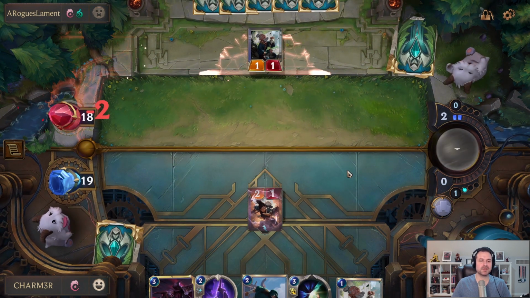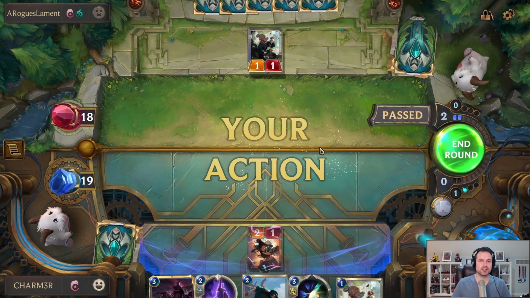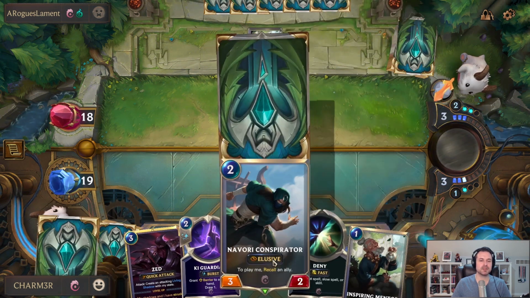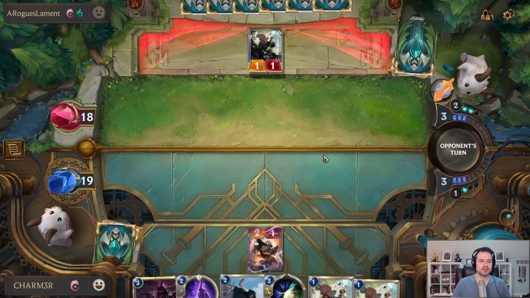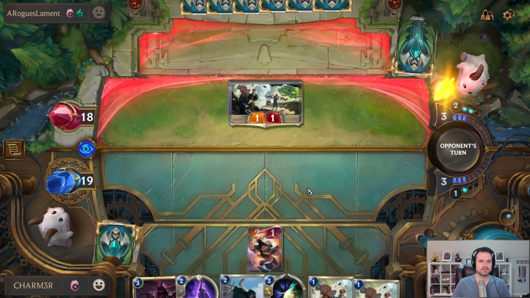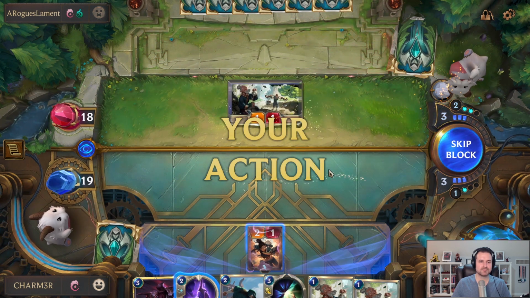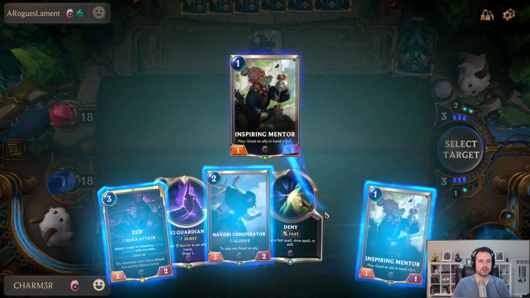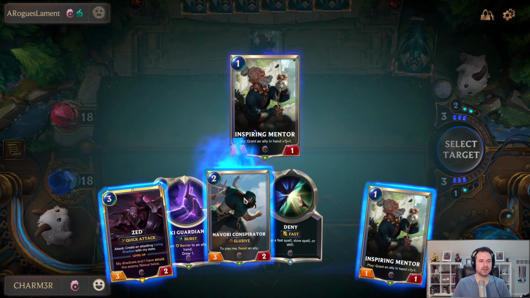In the next round, we have a decision to make. We could develop Zed to set ourselves up for an open attack the following round, but I really like playing Mentor and Conspirador, personally. I'll show you how it's done. And we skip this block. We don't want to lose our elusive for the 1/1. So we'll go ahead and...